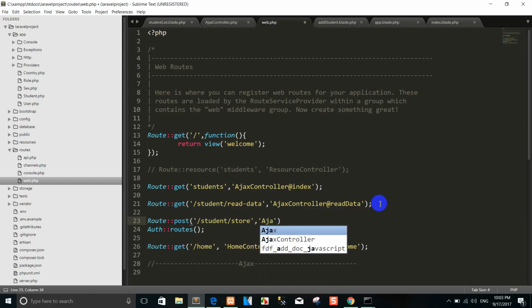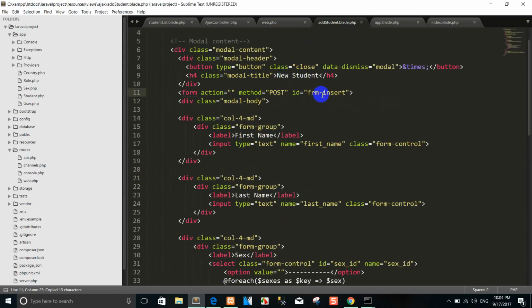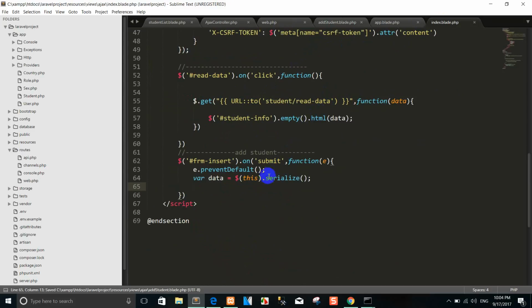Ajax controllers. Okay, so now I copy the URL here and go to the add form again, and we use URL. Yes. Okay, and go to the input. We get the URL, for example,